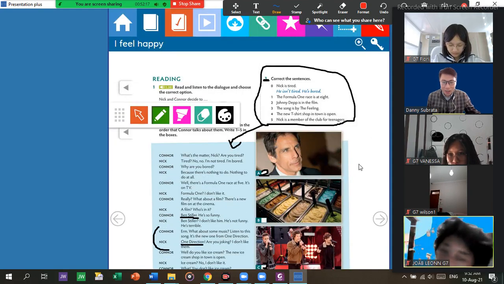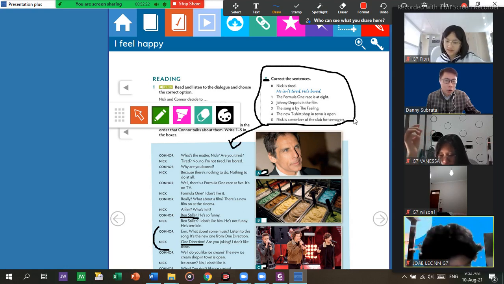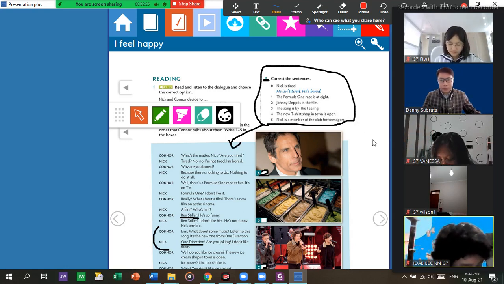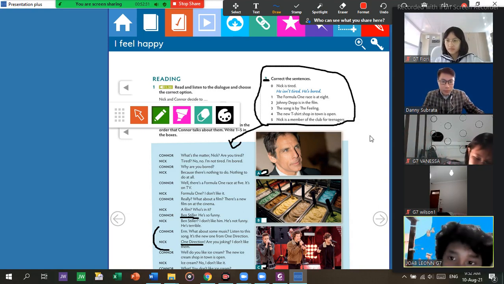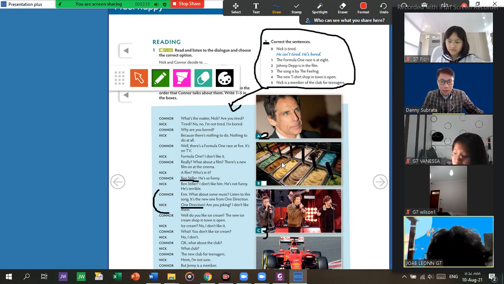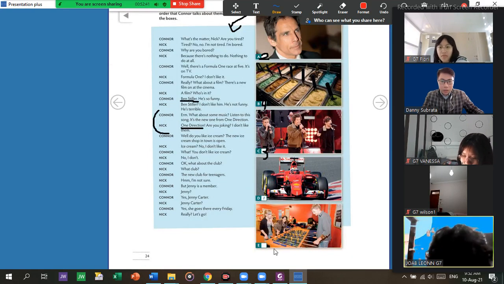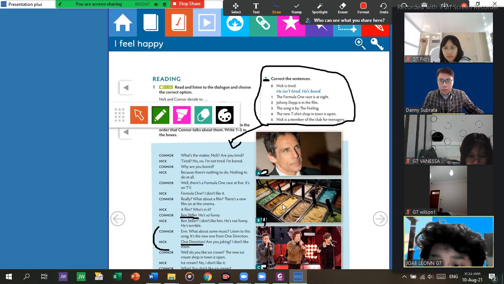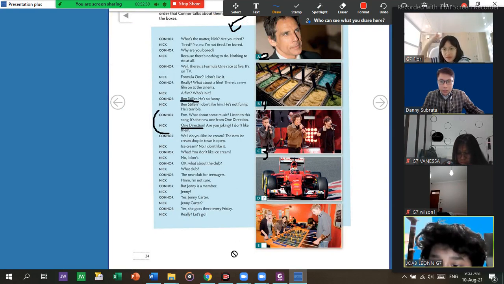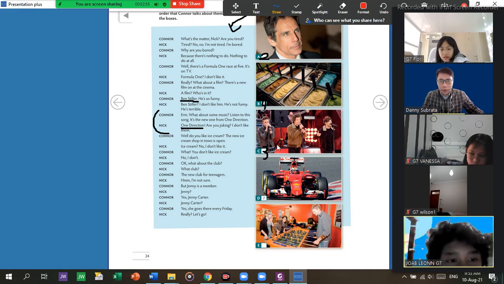Okay, now we're moving on. Number 4 is the new t-shirt shop in town is open. Is it the new t-shirt shop? It's the ice cream shop. So it isn't the new t-shirt shop, it's the ice cream shop. So this one is number 4. So that means the last one is number 5. I cannot write anything, seriously. What the heck? Okay, so the last one is 5. The E is 5.